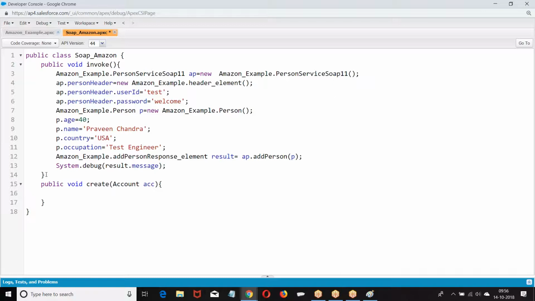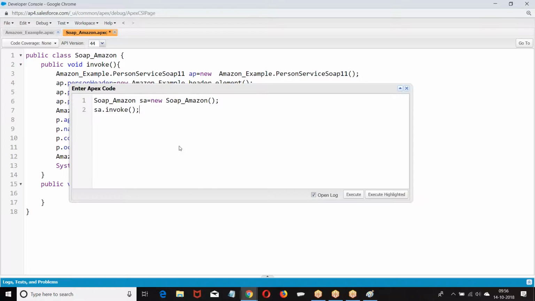Now, if I have a method, and we are very good with sObjects and all this stuff, if I have a method called create, I want to pass an account. What are they expecting? They're expecting an account as a parameter. Will I pass the account like this? Why not? It is a reference variable. For a reference variable, if you don't assign memory, what is the value?